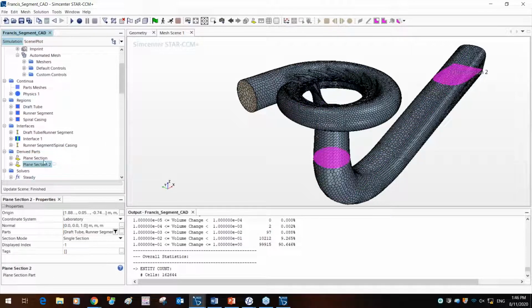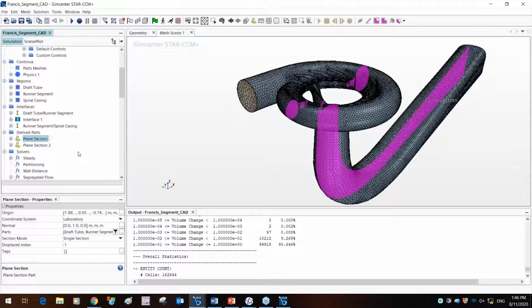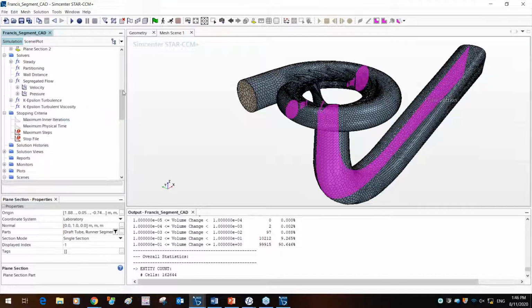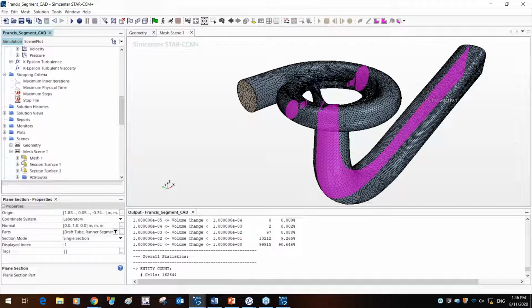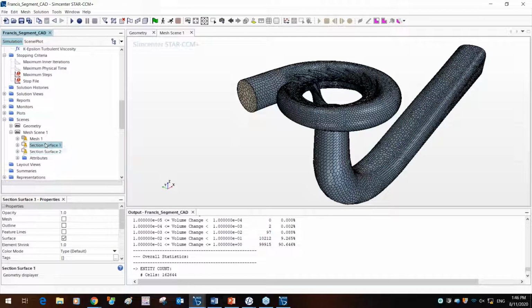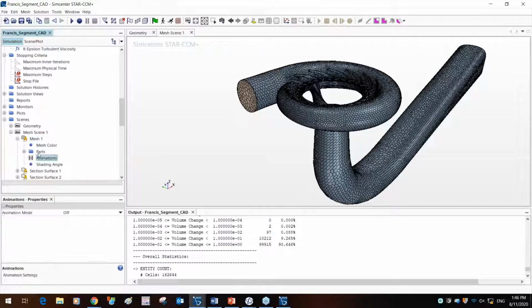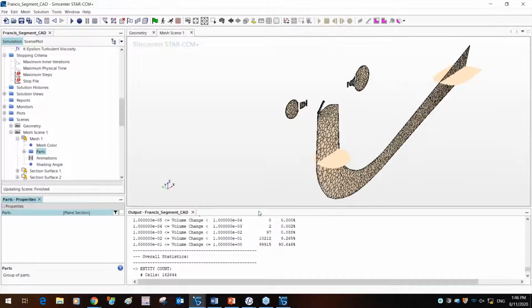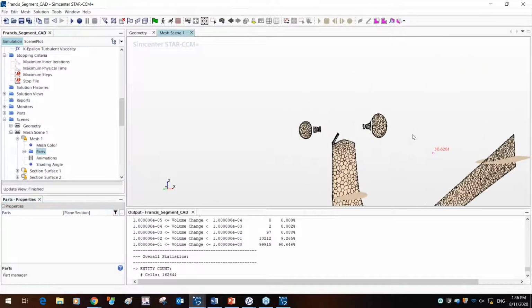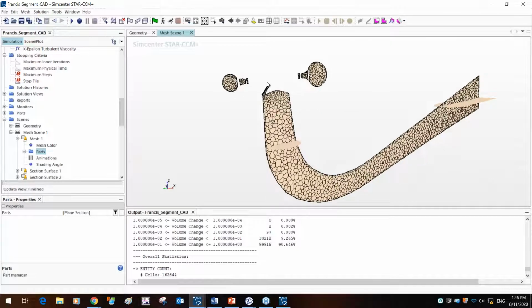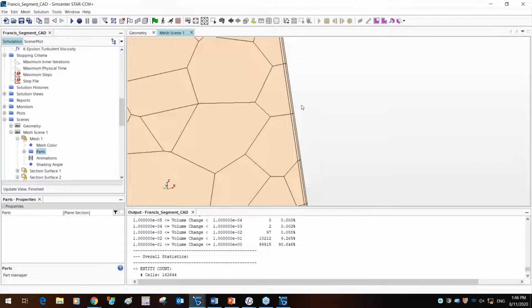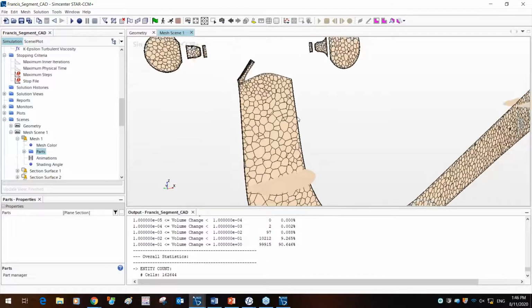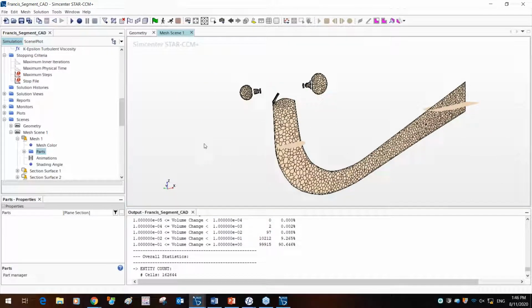And one thing that we want to see in this given derived part, let's say you want to visualize just mesh on that surface and visualize the domain. So we go back to the mesh scene. So you have two sections. This is the mesh part that we want to see. So out here in the parts, let's just hide that, and we just want to show the derived parts. We can look at, in this given plane section, how does the mesh appear? So you can see this is in 3D. All right. So you can also look at the boundary layer mesh that's been generated. You can create different planes to visualize the data.